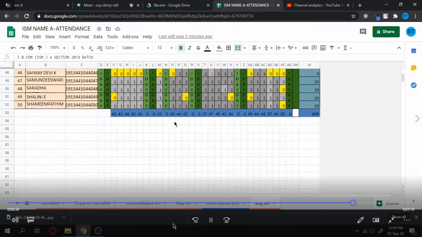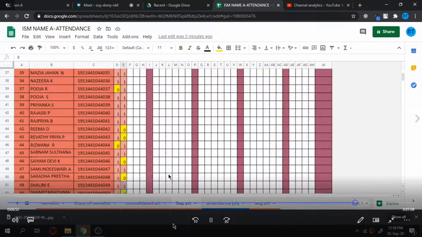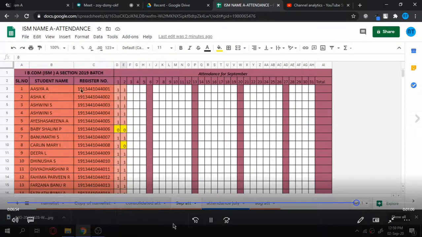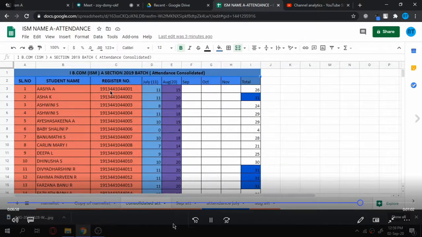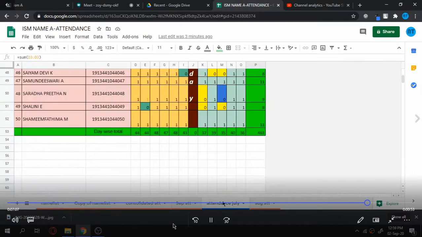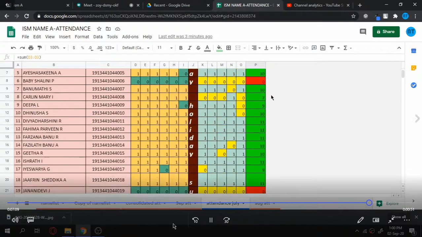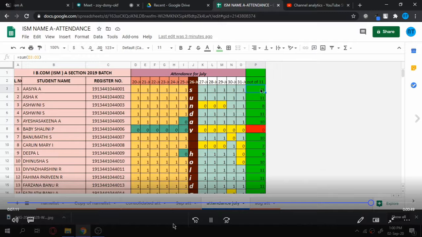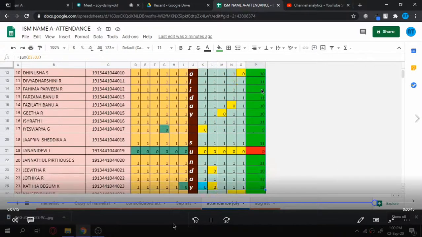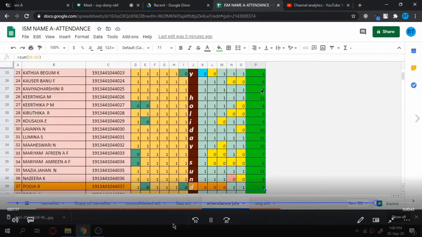So now to make the consolidation attendance, I have to copy the attendance from July and August, and I have posted it to the consolidated. So I created one more sheet called consolidated attendance, where I have copied the name and register number from the copy of the name list, and I have to copy the July attendance. So just copy from there, and then just drag with the shift, and then drag till the end of the last student, and then copy